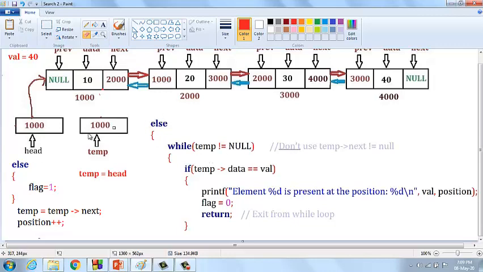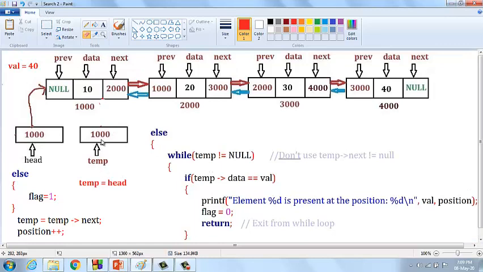Before this, the head pointer is pointing to the first node of the given linked list. Same thing, already denoted temp equal head. What is the value of temp equal to head? Head is also 1000, so temp equal to 1000.